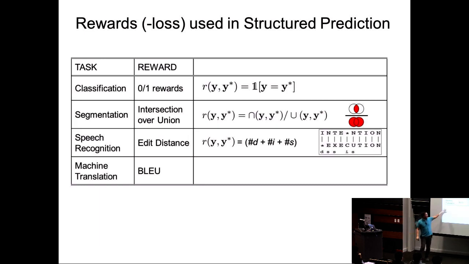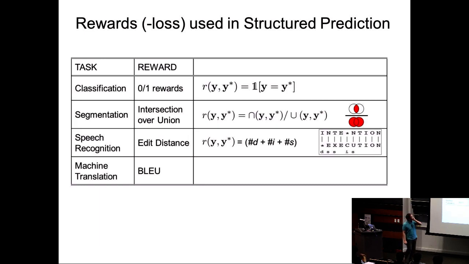For machine translation, there is something called the BLEU score, which is again a proxy for human-level performance. And we can't really optimize the BLEU score because it's just some score that you're computing. It's not differentiable. You can't really optimize intersection over union. You can't really optimize 0-1. So everything that we do is we typically set some form of an upper bound and optimize for that. But this is what we're really interested in.